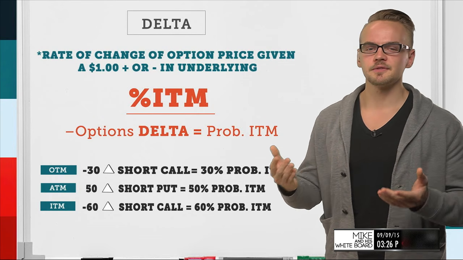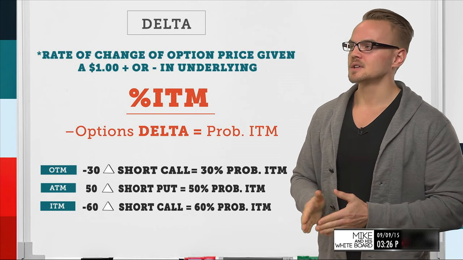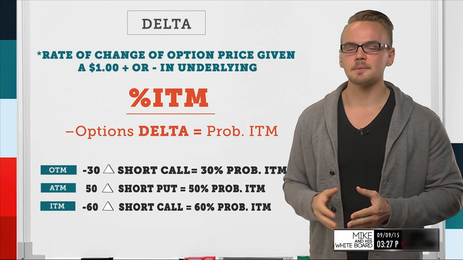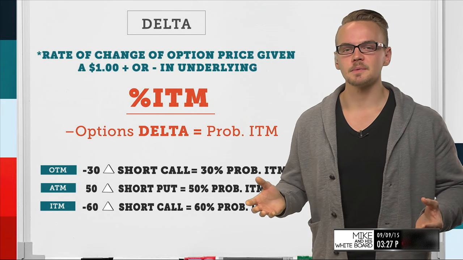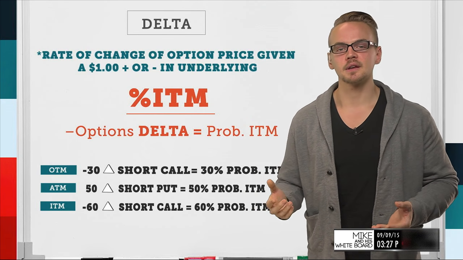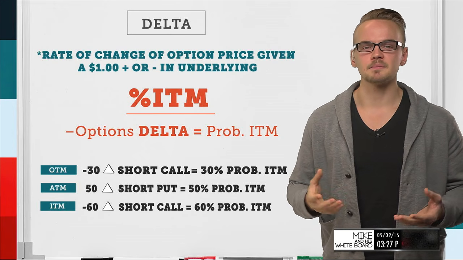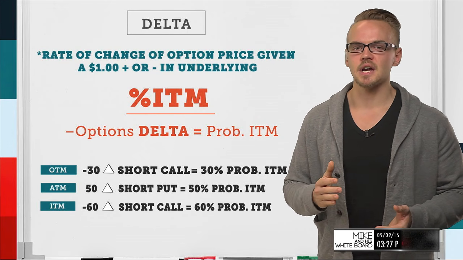So again, it's a 50-50 shot if we're at the money. So it's going to have that 50% probability of being in the money, which is going to give me a 50% probability of being out of the money. So this really is where we're talking about maybe buying options, where you're getting that 50-50 shot